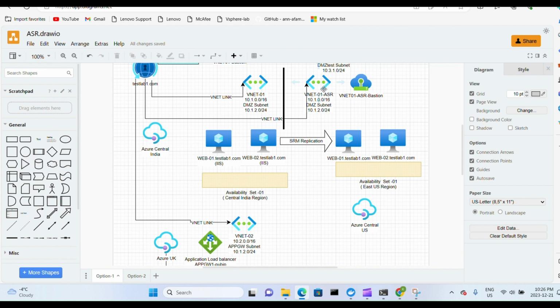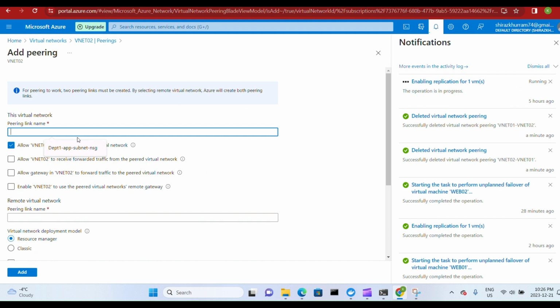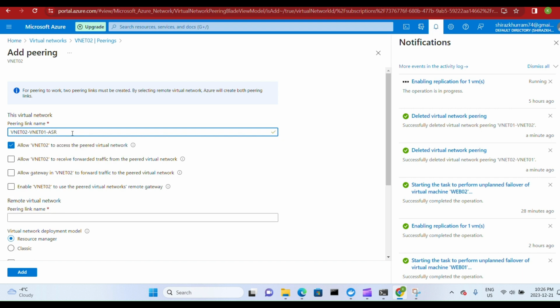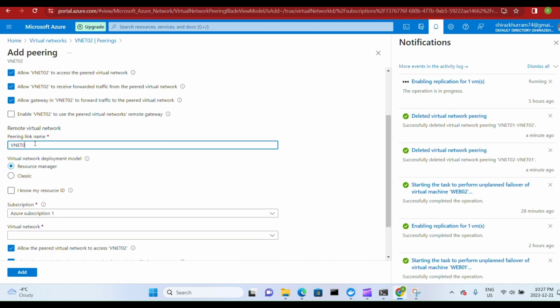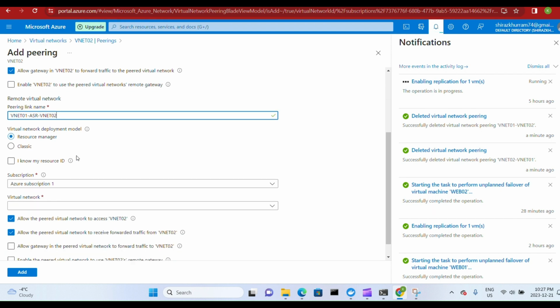But in our option 1, which we are demoing here right now, we only have one application load balancer which can only talk to VNet 01 or VNet 01-ASR at a time. It cannot talk to both because VNet 01 and VNet 01-ASR have the same IP address scheme, and Azure will not allow the pairing between VNet 02 and VNet 01, as well as VNet 02 and VNet 01-ASR at the same time. So that's why now we are removing the pairing between VNet 02 and VNet 01,